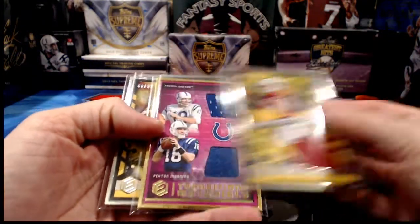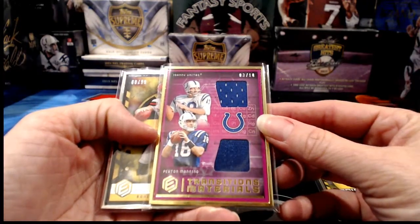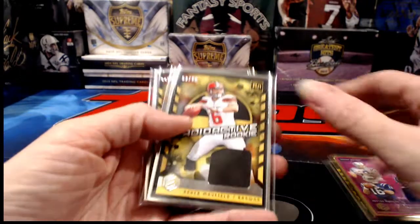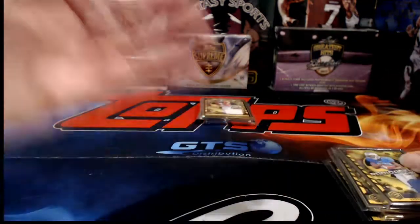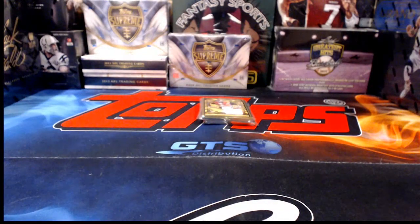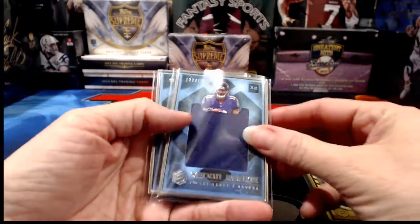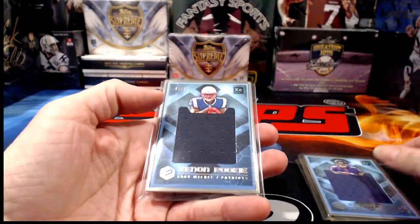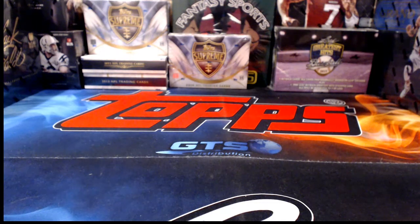Then we have a little Josh Rosen relic, another nice relic. This one to 10 for the Colts with Peyton Manning and Johnny Unitas. That's actually an excellent hit. A little Baker Mayfield relic, that one to 99. Kerryon Johnson relic for the Lions. For the Broncos, we have Courtland Sutton. We have Jaleel Scott for the Ravens and a Sony Michel for the Patriots. So that is Elements Football, all locked and loaded, wrapped up, and ready to go for tonight,